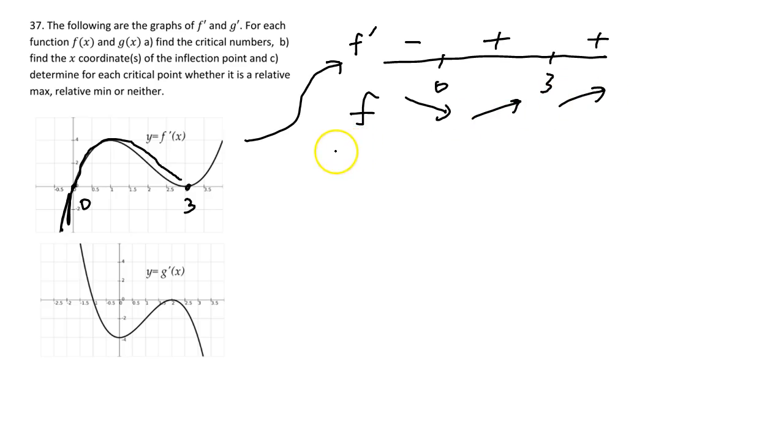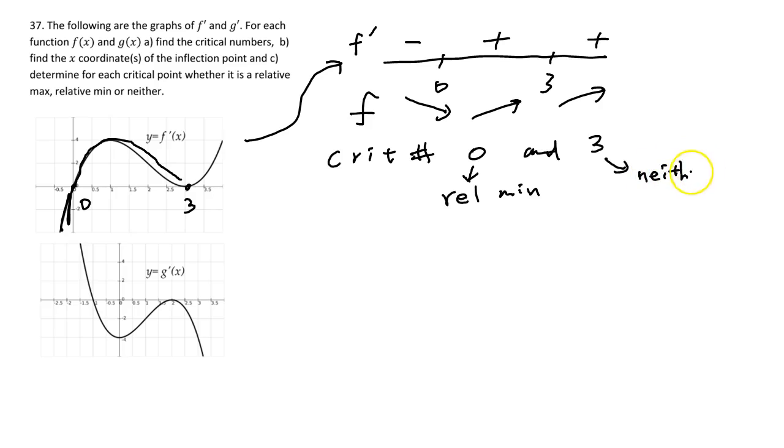So we know that for f, critical numbers are 0 and 3, whereas 0 is a relative minimum, whereas 3 is neither relative minimum or maximum. Okay, here this is -1 and this is 2 and 0. Oh, by the way, we also have to do the inflection points. Okay, so for inflection points,